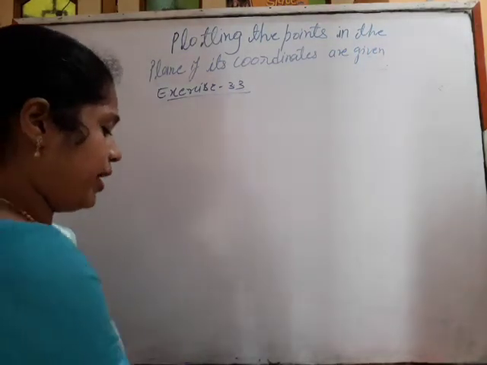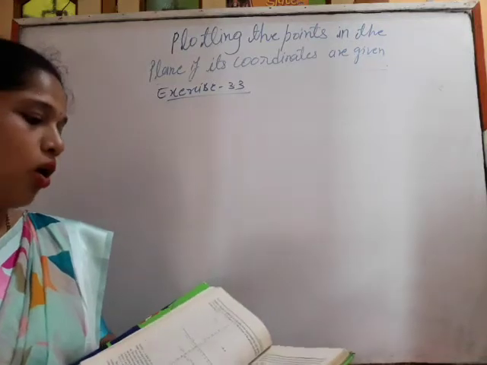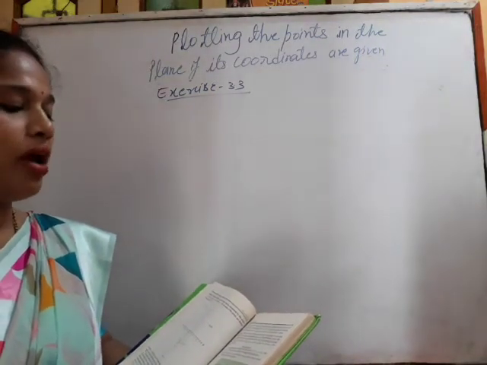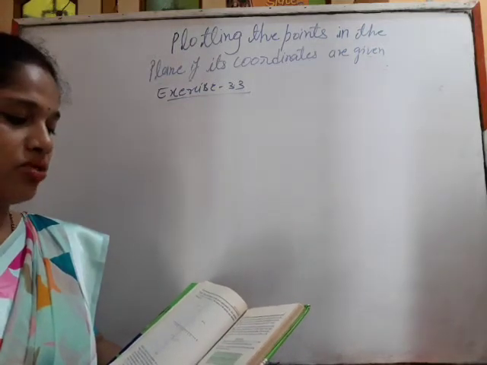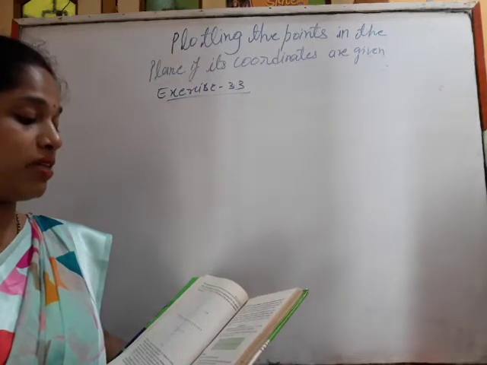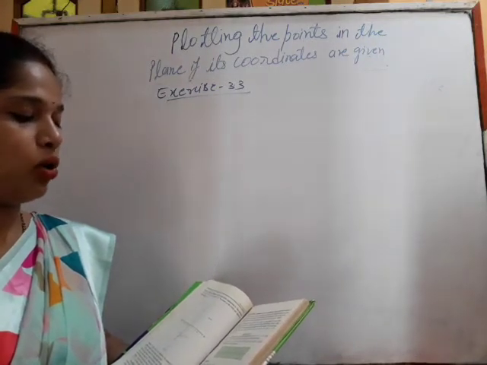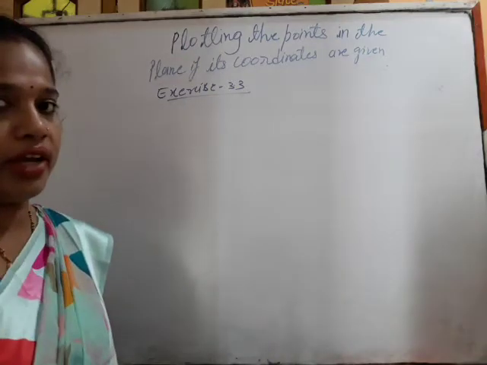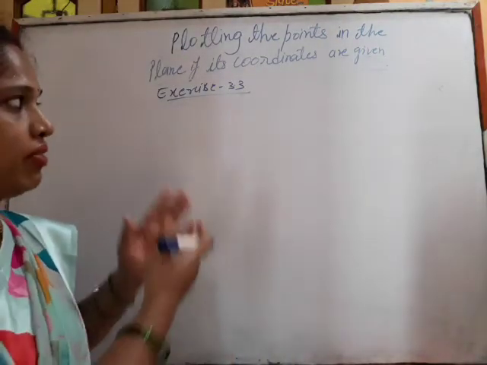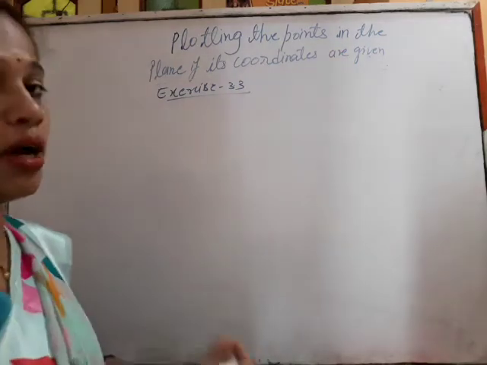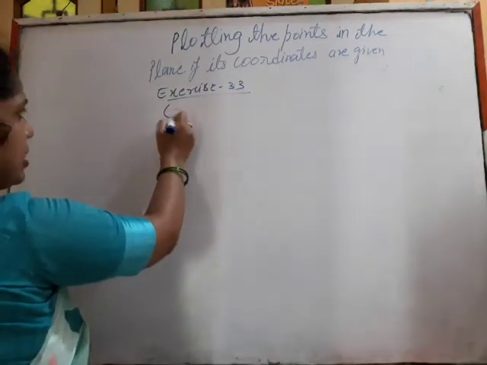In which quadrant or on which axis each of the points (-2, 4), (3, -1), (-1, 0), (1, 2) and (-3, -5) lie? Verify your answer by locating them on the Cartesian plane. So definitely we are going to have first Cartesian plane, then our axis, and then finally we will plot the points. Let us write the points which we need to plot first.